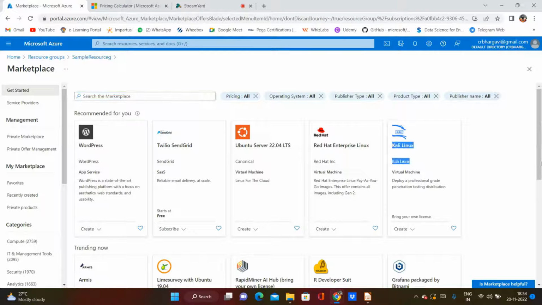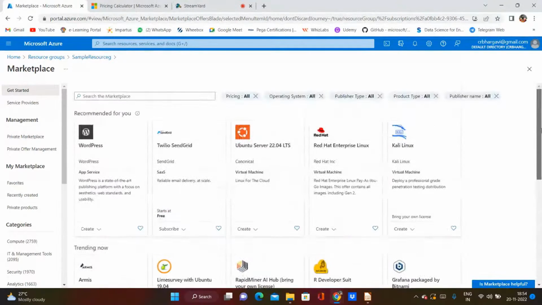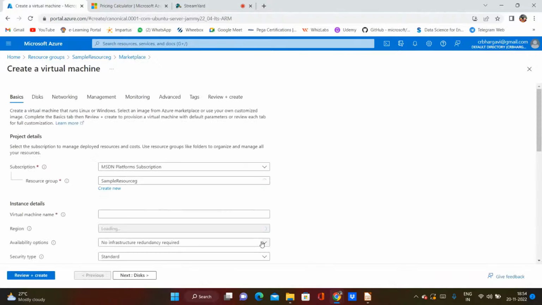Like when you want to create resources inside it, whatever you actually plan for, whether you want to get some Ubuntu server, then you can click on it,